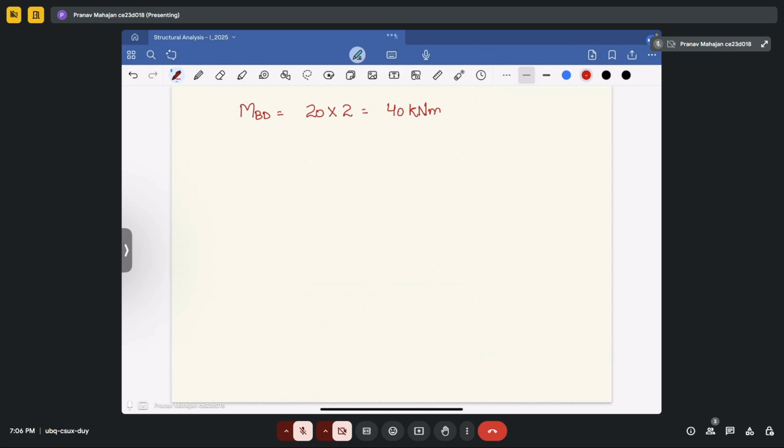Sorry, not hogging moment. It will give you a sagging moment of 40 kilonewton meter. Now for beam BC, we will use slope deflection method. So now for span BC, using slope deflection method,